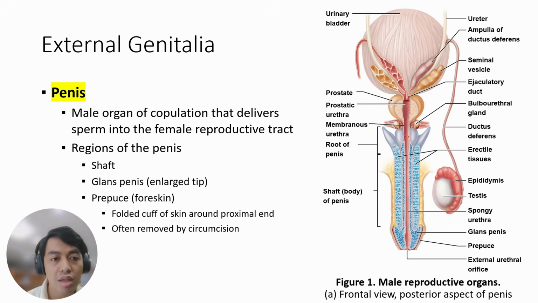The penis naman is for intercourse. It has the following structures: the glans penis, which is a sensitive area. Also, the shaft, which contains your erectile tissues. These are the erectile tissues that are being filled with blood when stimulated. So in erection, the erectile tissues of the penis are being filled with blood. And you also have the prepuce, which is also called your foreskin.